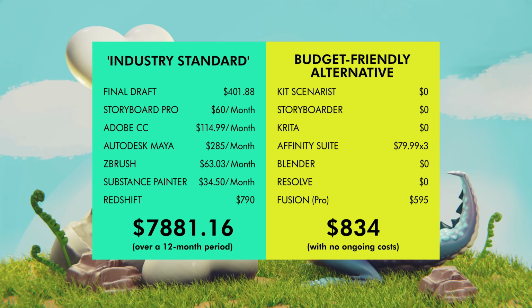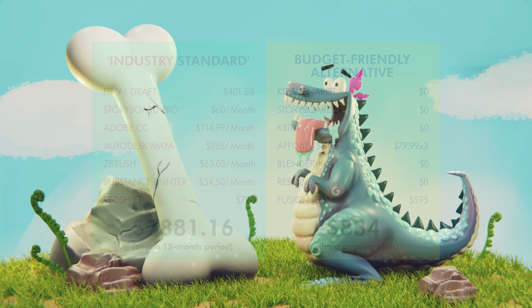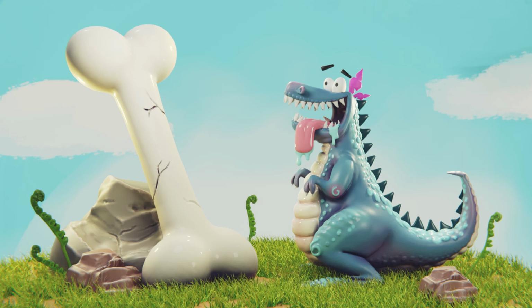The tools are there for you to embrace using. It's just a matter of changing the way that you think about making art. So obviously there are tons more recommendations out there. Let me know what your picks are in the comments. I would love to find out what you all use.